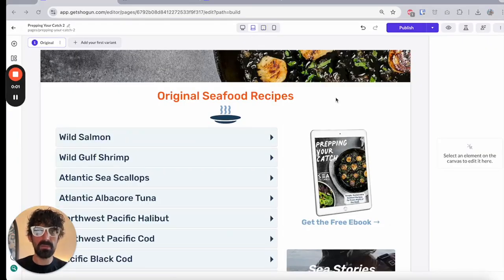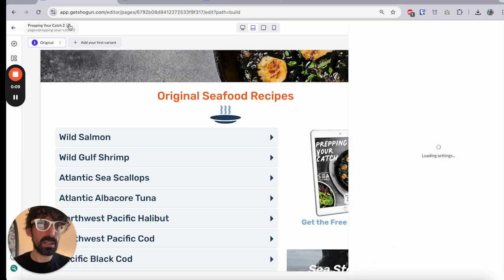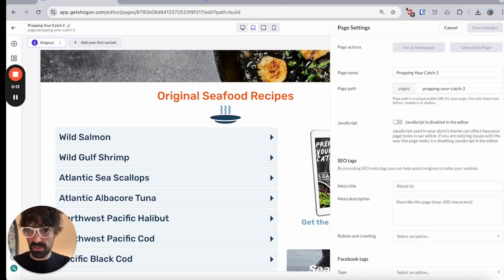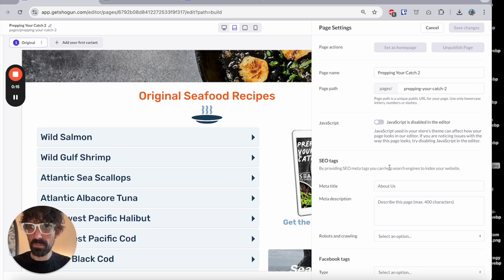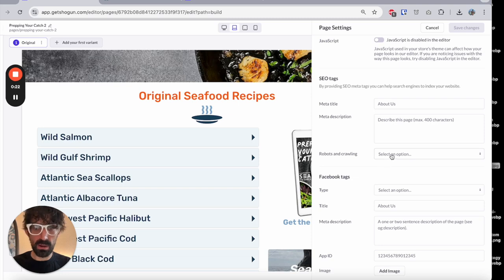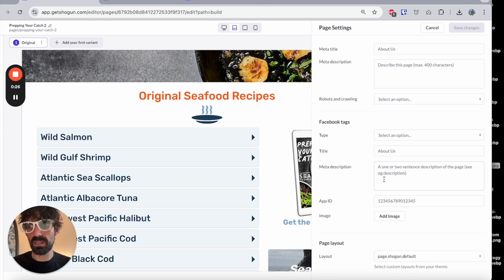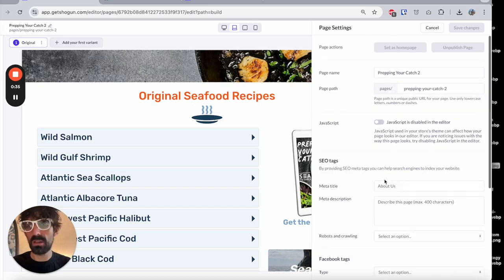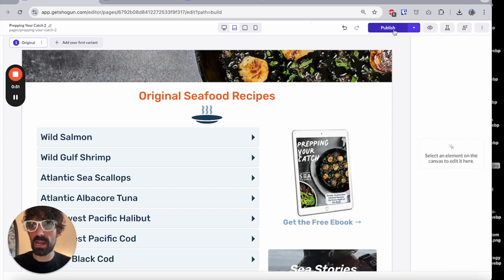So now that we've built our pages, the last thing we will want to do is publish them. And to do that, you want to go over here in the upper left, click this little edit icon. Here's where you set up your page settings. You can manage all your SEO tags and your description, select whether you want robots to crawl this or not. You can do different descriptions for your Facebook tags and images that you want to appear when this is posted within a Facebook context. And then once you're happy with everything here, you can cancel out of that and click